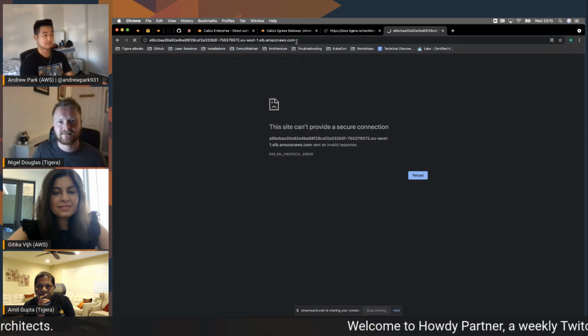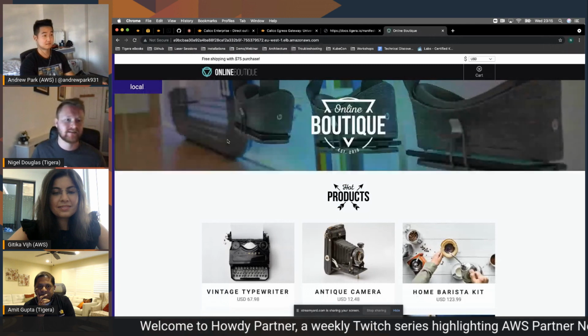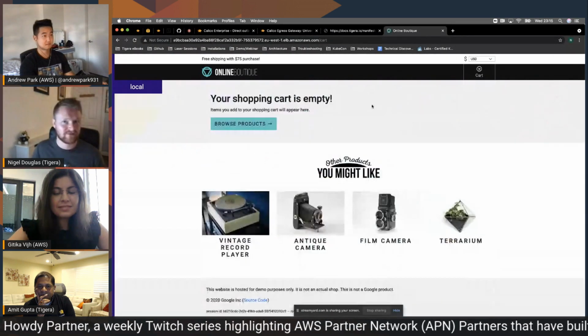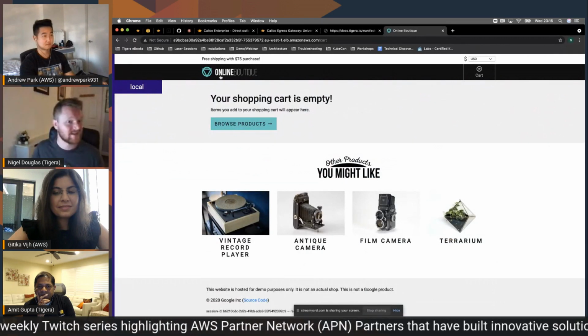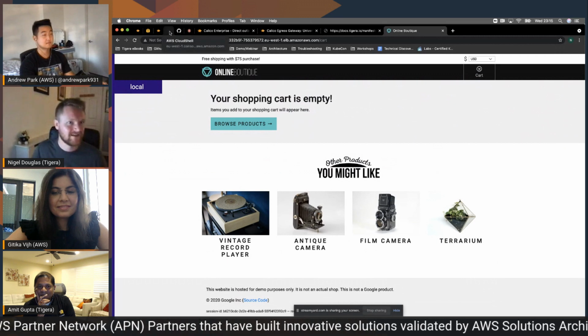We'll double check if it's working correctly. But yeah, okay, it's coming up. So this is a standard test application. It's got a front end, it's got a shopping cart, it's got all these components, and I know they're working because they show up in my browser.